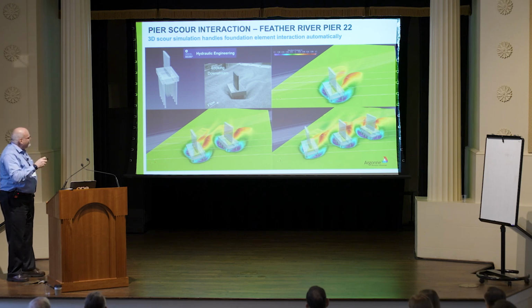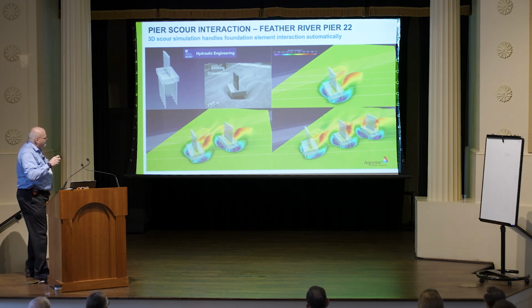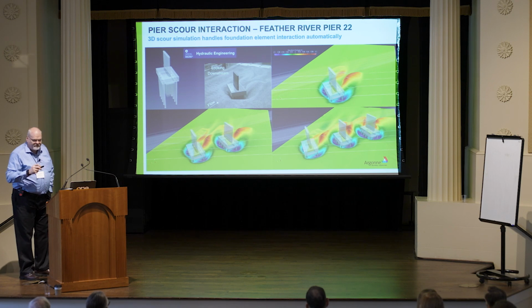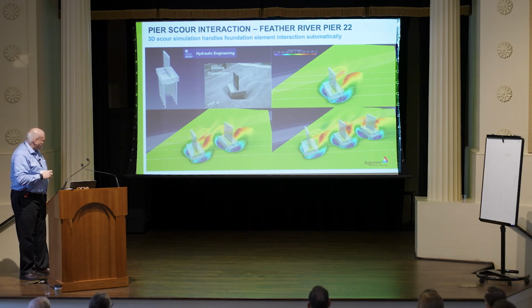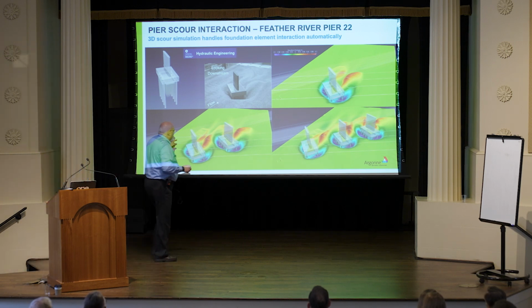You can build any complicated geometry, so I just packed 3 of those piers into a single STL file and ran the software, same thing with 2. And you see that when you have multiple piers, there is a lot of interaction with regards to the scour hole depth. Now here the flow comes exactly at 45 degrees. 45 degrees means that you have a lot of flow redirection once you have multiple piers.